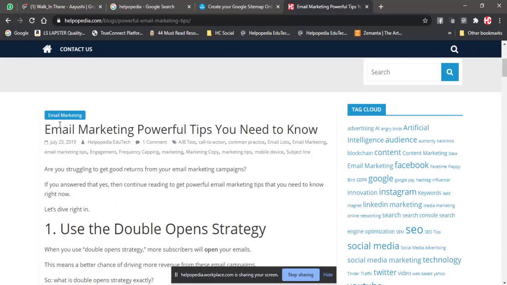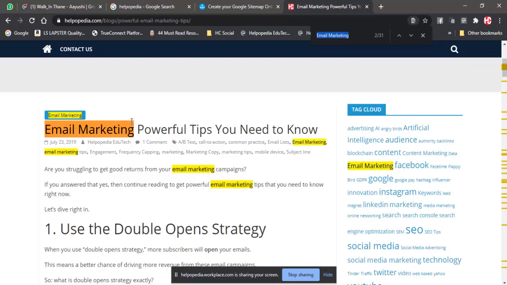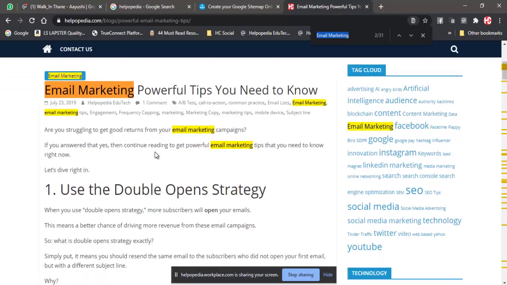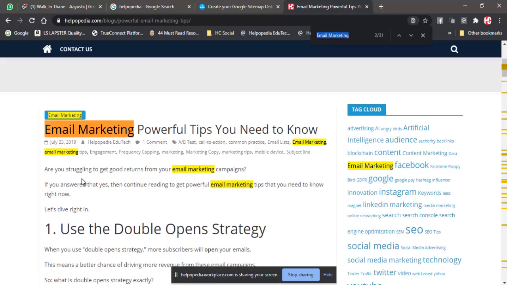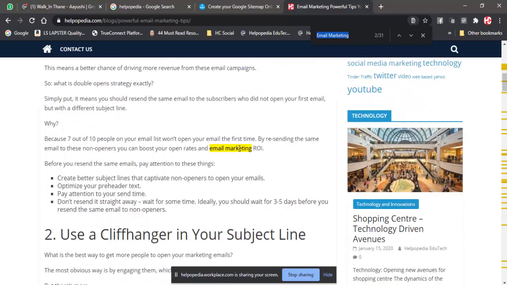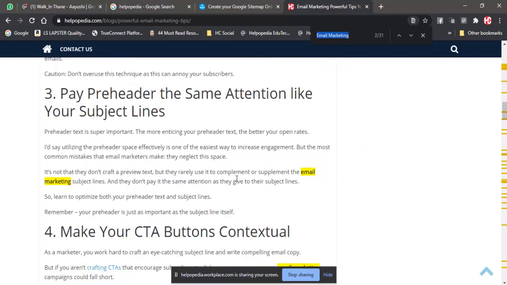Over here, if I search for email marketing, let me see how many times I have used this. You can see it is used 31 times over here. We do not consider one because it is coming up in tags, so it is 30 times. You can see it is highlighted everywhere, over here, then over here, then over here. So everywhere it is there.